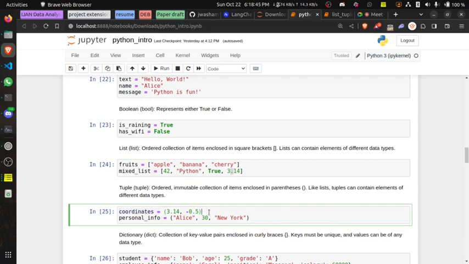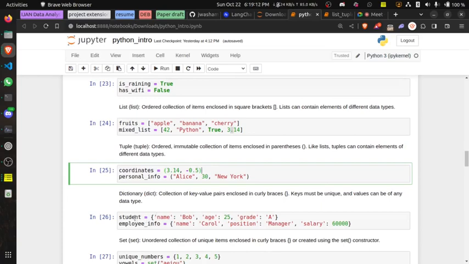You might wonder why we even need a tuple. Coordinates do not need to be changed. The coordinate of a place is supposed to remain the same. So for those kinds of things you don't want a list. You want a tuple, because it's not going to change.